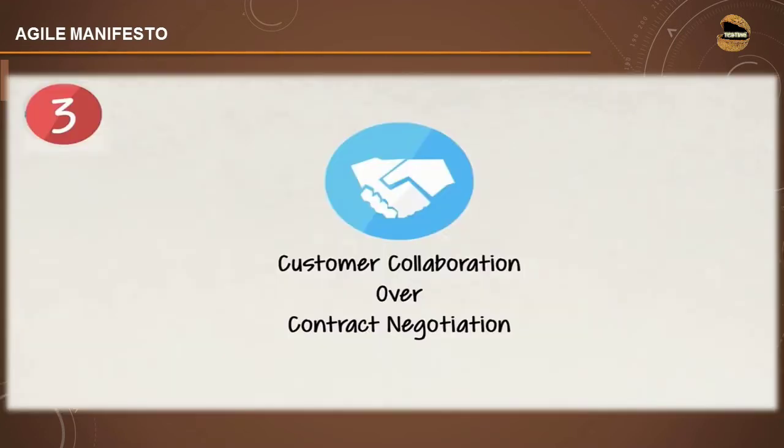At number 3, we have customer collaboration over contract negotiation. It used to happen in traditional days that we discussed more on the negotiation of the contract, be it the time, the effort, the budget, or any other conditions which the customer put for us in order to develop the application. Contract negotiation just meant that we were looking for more time to create the product, or negotiating in order to deliver the product on time or meet the deadlines, where we had a lot of such things to deal with.